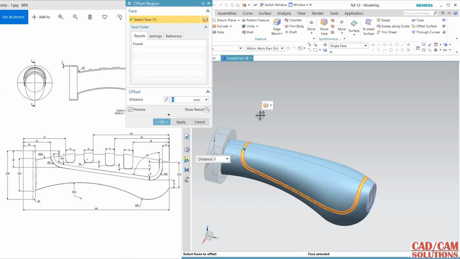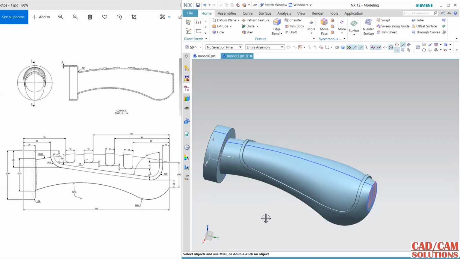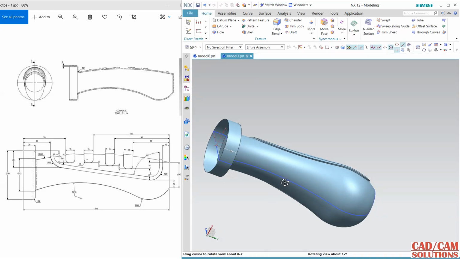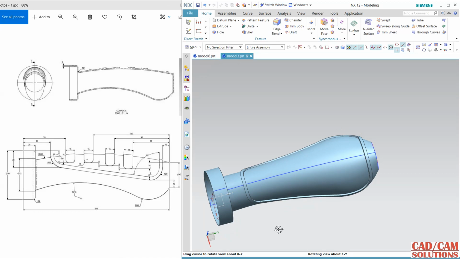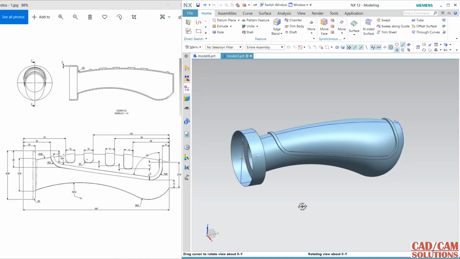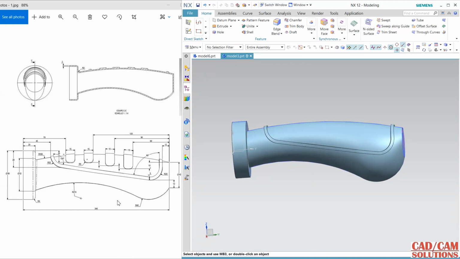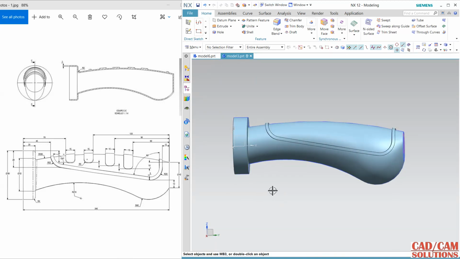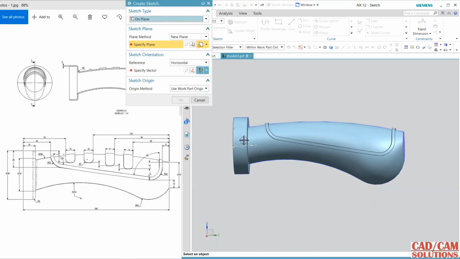This is a single face, and 2 is the offset, but it is in reverse direction, and okay. Save it, and for the next steps, for this I'm going on the same plane, select it again, click okay,